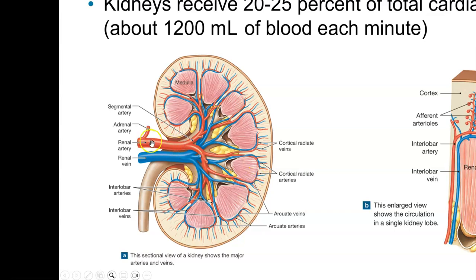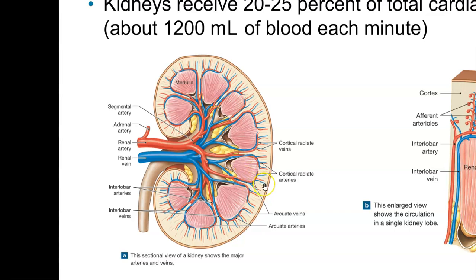Those then branch into the arteries you see in the cortex, called cortical radiate arteries. At this point, the blood is going to enter into the nephrons, and the nephrons contain